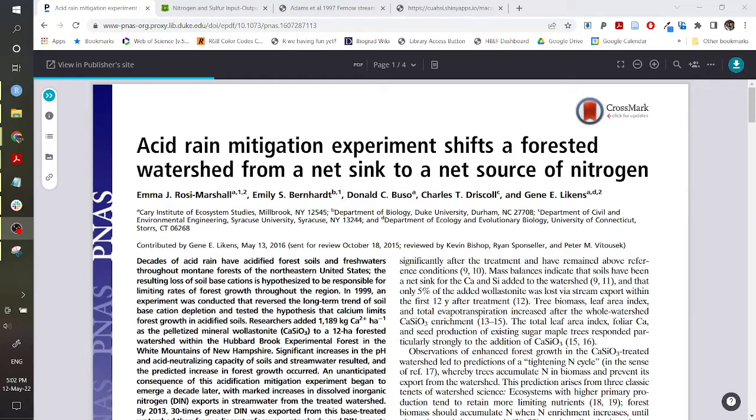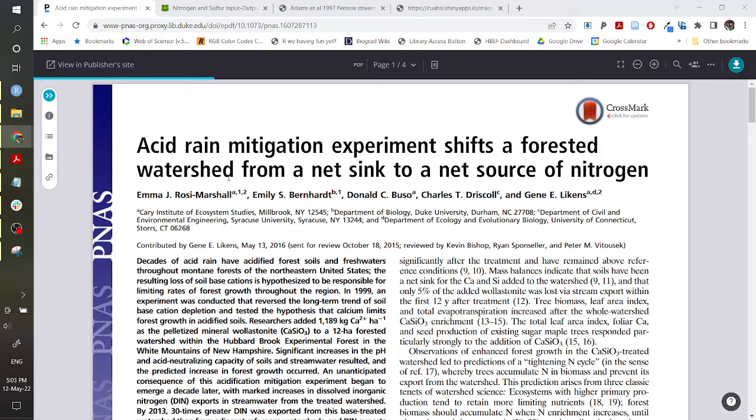Hi, this is Audrey from MacroSheds, and I'm really interested in understanding how the impacts of experimental chemical additions compare across Appalachian watersheds. I am a PhD student right now, and I currently work at Hubbard Brook, so I know of one chemical addition where they added wollastonite to one of the watersheds at Hubbard Brook. And I was just reading this paper by Rosi et al., reminding me of some of the impacts of that